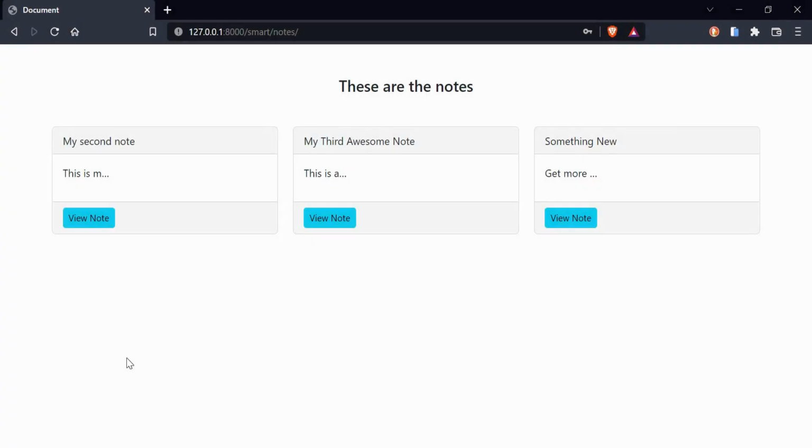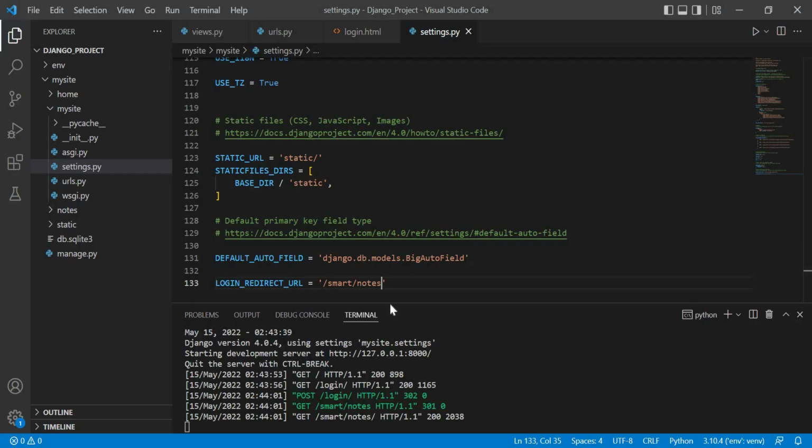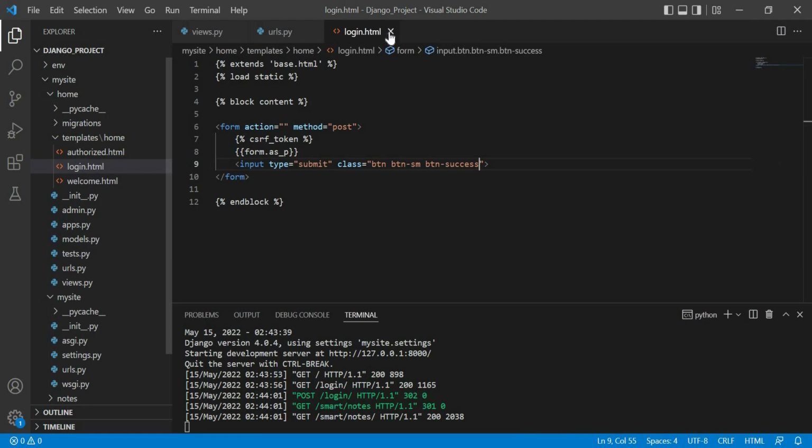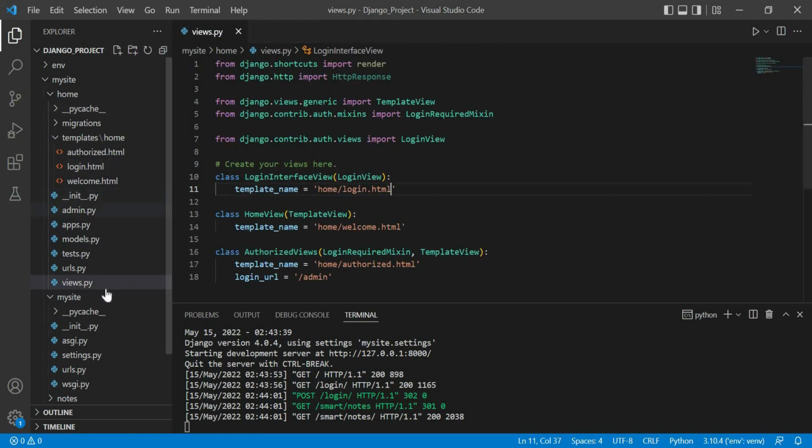Now let's create the logout view. We already created login. Now it's time for us to create the logout view. Let's go to VS Code, and I'm going to close this one, and close this one. Okay, let's go to views.py, which is inside the home app, and what we can do here is we're going to